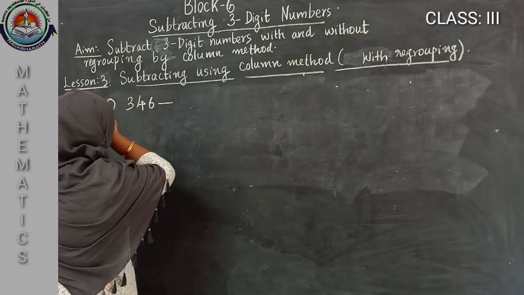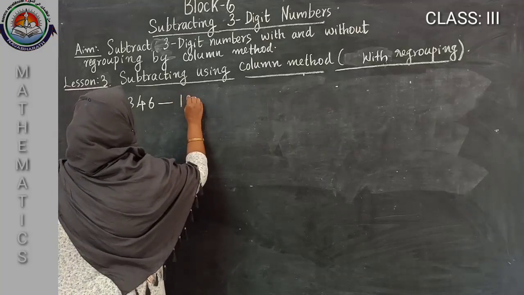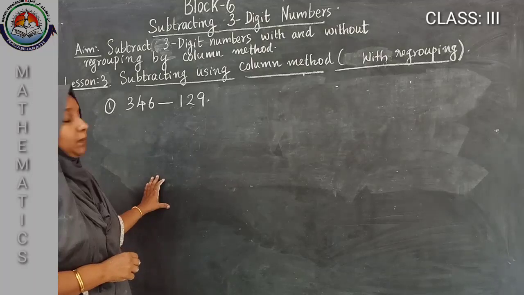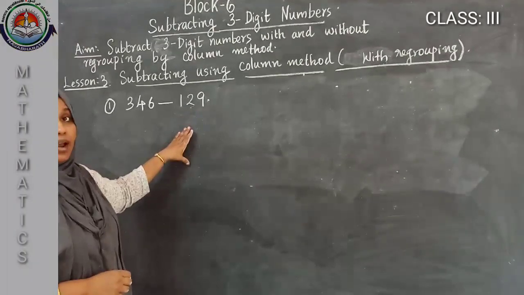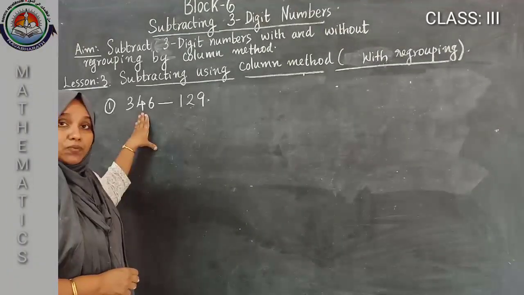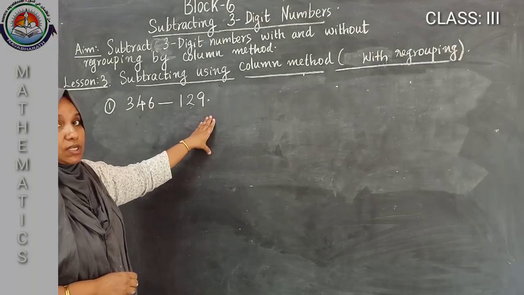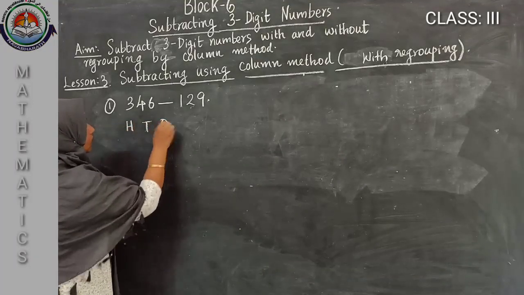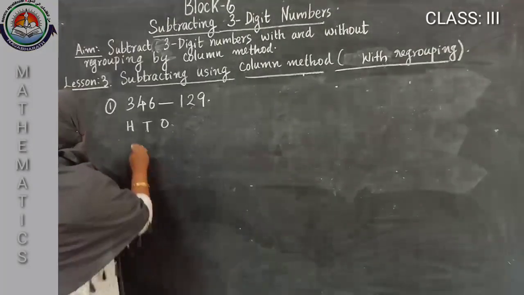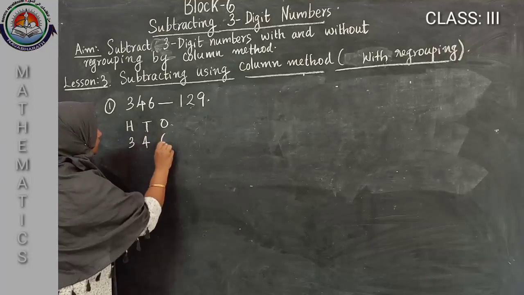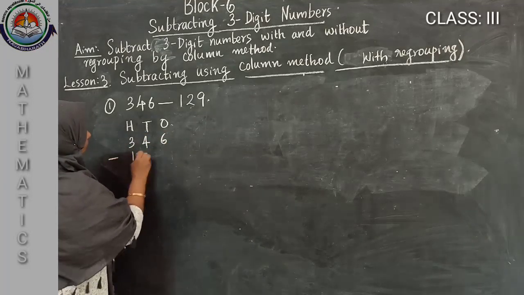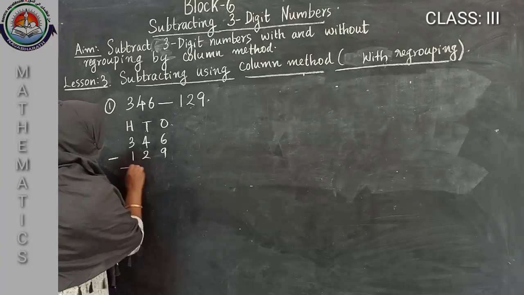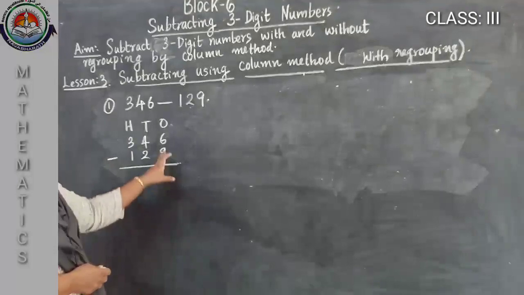346 minus 129. While subtracting, we should write the bigger number first and the smaller number just after that. Then hundreds, tens and ones. We can separate the hundreds, tens and ones. 346 minus 129. Okay, then children, see here,